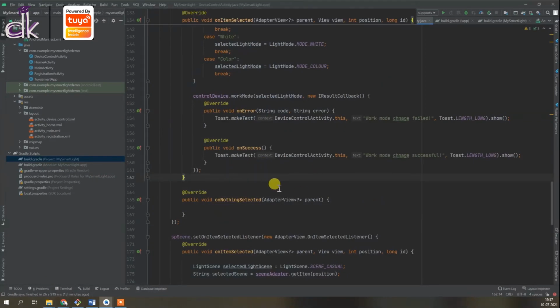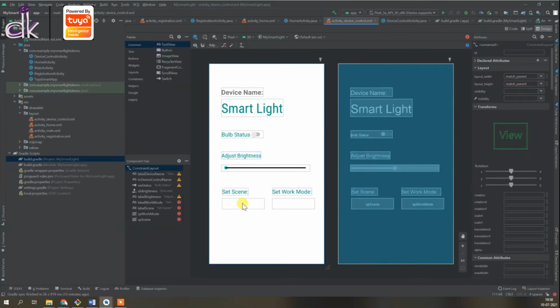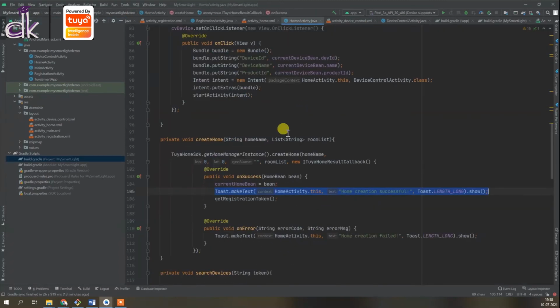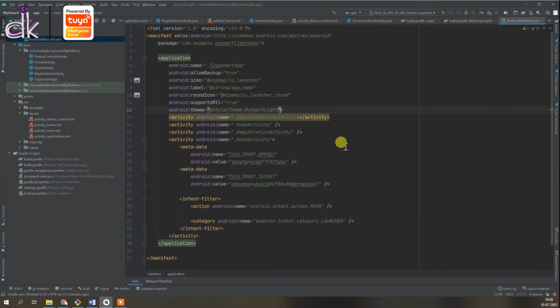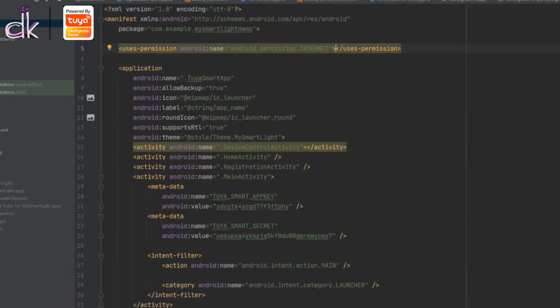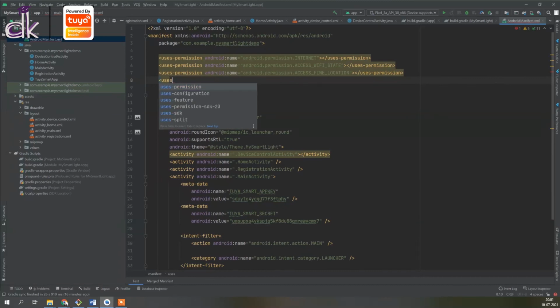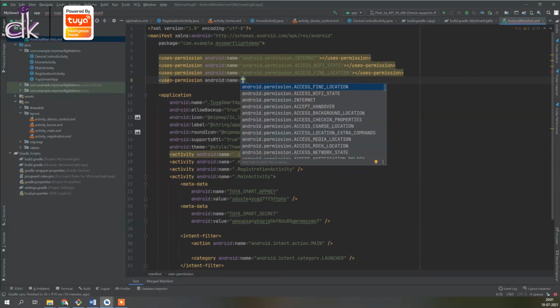All right, so we have completed this activity as well. So if you see, let's see if we missed out anything. So we completed scene work and the status itself. And one more thing which I forgot to mention is, since this device will need to discover devices on the Wi-Fi network, you will need to add some permissions, and that is, and then you add in the last permission, which is to access the network state.